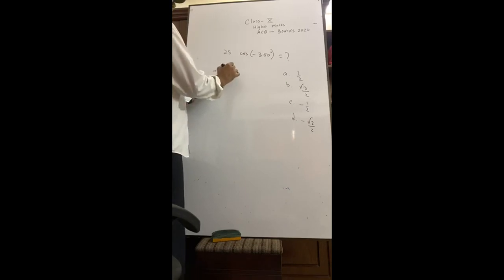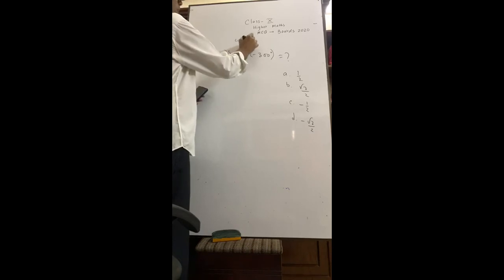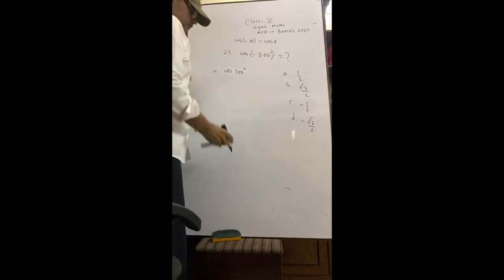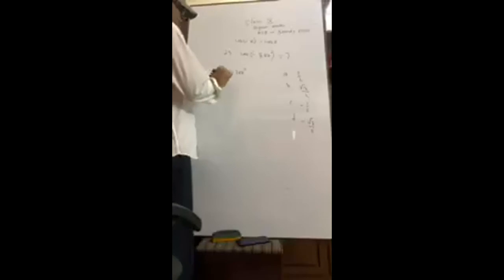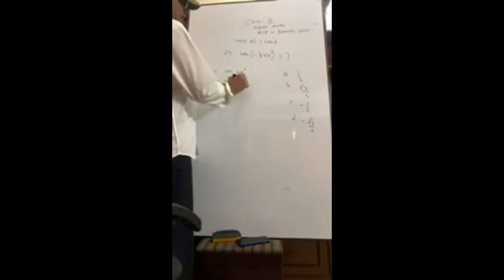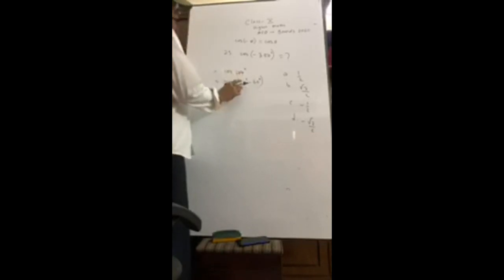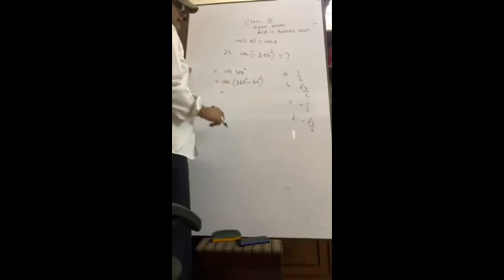Cos of minus theta means what? Cos theta, right? Cos of minus theta means cos theta. Now, it is cos theta, so we can write cos 360 degree minus 60 degree. And we see that it is in the fourth quadrant. Fourth quadrant cos is positive, okay,